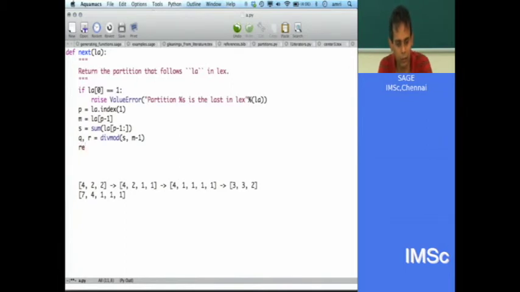Let us see. So what I want to do is return la, now I want to take the slice up to p minus 1. So maybe this should do, because it will exclude the p minus 1 thing. Plus, then I will take m minus 1 and star it q times. Plus, then I would put r, but I do not want to put r if r is 0. So I want to star it 0 or 1 times depending on whether r is there or not. So one trick is to do int of bool r, I hope this works.